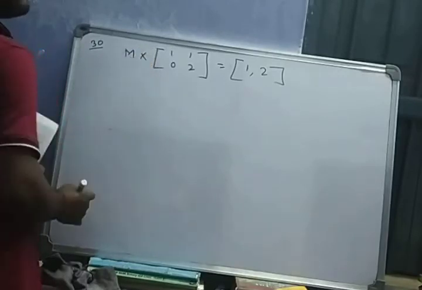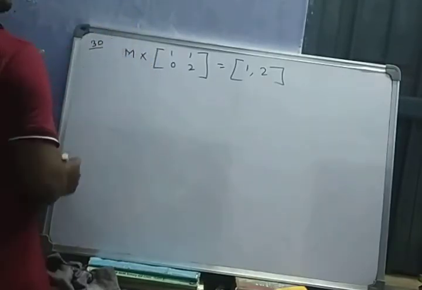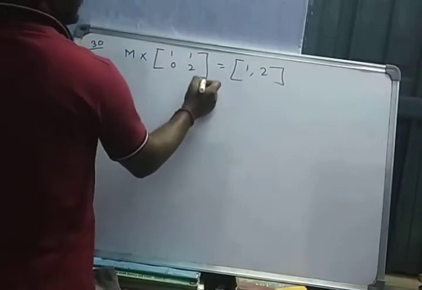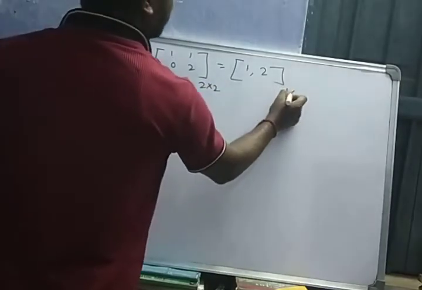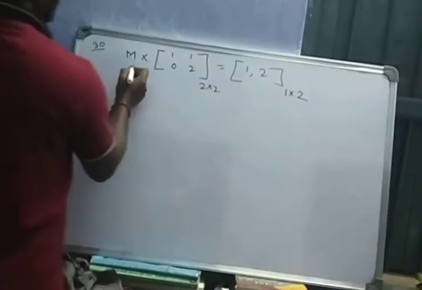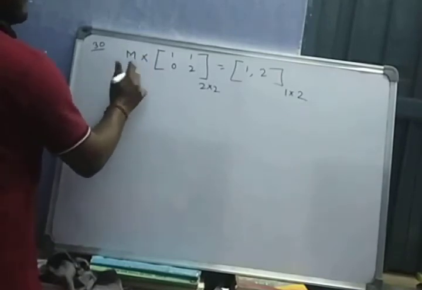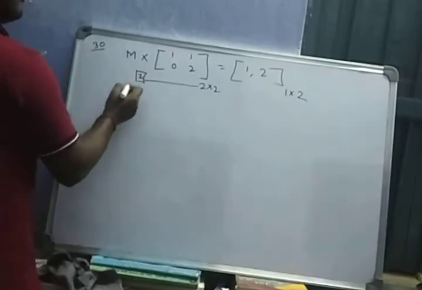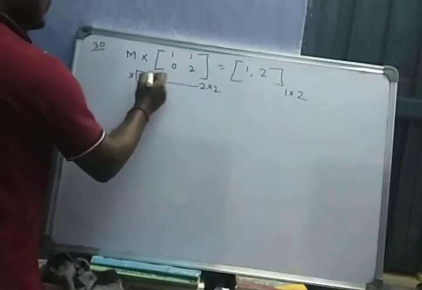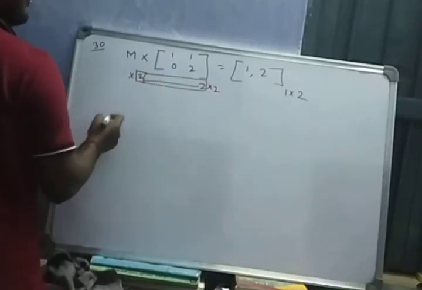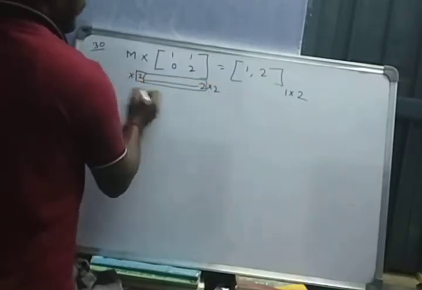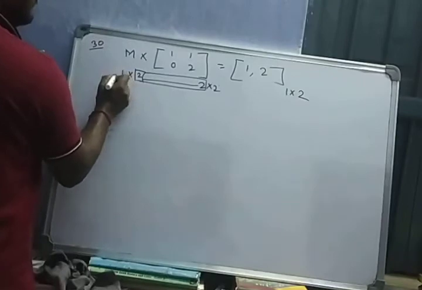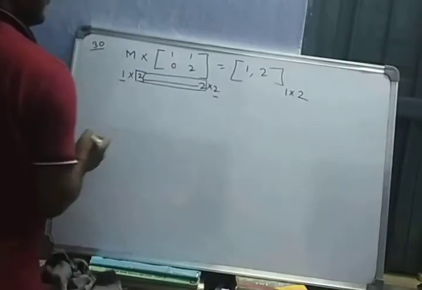So here at first you have to choose a matrix M, but what will be the order of M? Before doing this, you have to write the order of this is 2 cross 2, this is 1 cross 2, and we know this multiplying is possible if the number of columns in this matrix is equal to number of rows in this matrix. That is, number of columns will be 2, and I told these 2 will be removed, and the remaining will be the order of this product. In this product, order is 1 cross 2. It is 2. Therefore, it must be 1. Therefore, the order